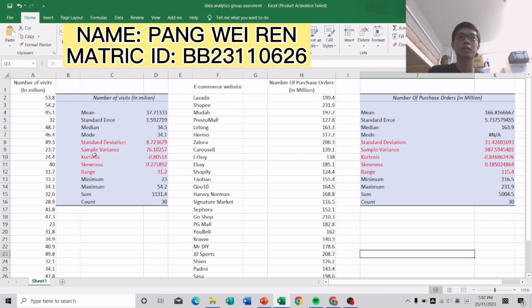Then the sample variance for the number of visits is 76.10257. Meanwhile, the sample variance for the number of purchase orders is 987.594542. The kurtosis for the number of visits is negative